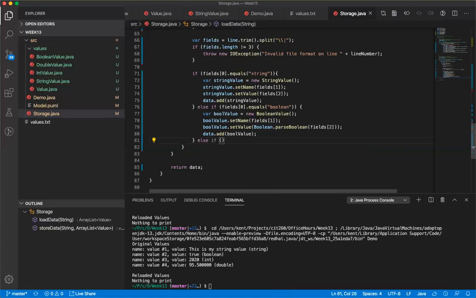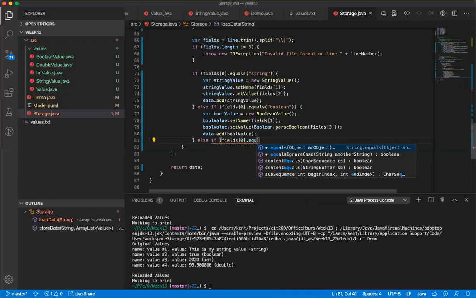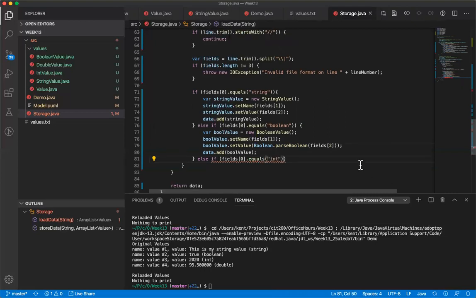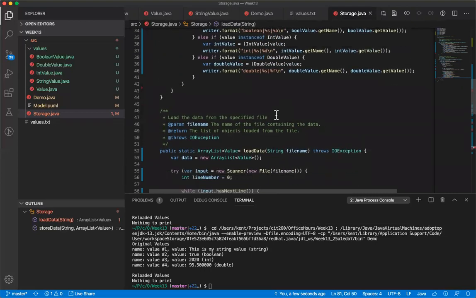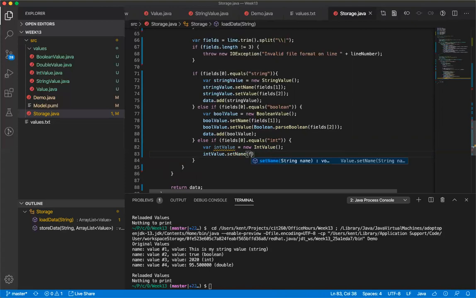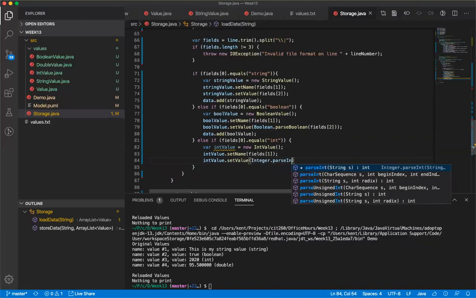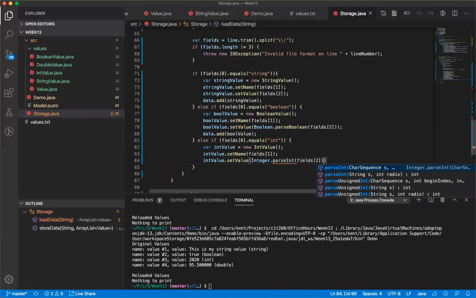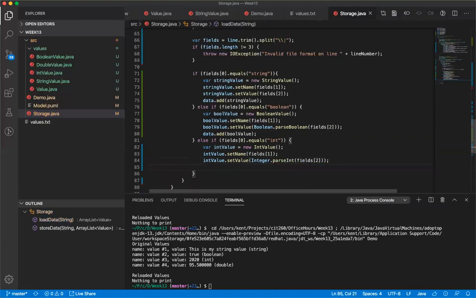But now let's do the end. So else if fields sub 0 dot equals int, is that what we printed out? It is int and double. So if it's an int, now we're going to say var intValue equals new IntValue. And we will say intValue.setName(fields sub 1), and intValue.setValue is going to be Integer.parseInt(fields sub 2), and then data.add